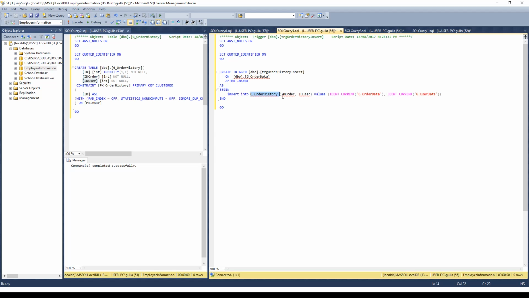What are we going to insert? We're going to insert the latest order ID that was created, and the latest GUserData ID that is out there. How does that magic happen? There's a number of things to explain here. It's this guy here. This guy gets the latest ID field,